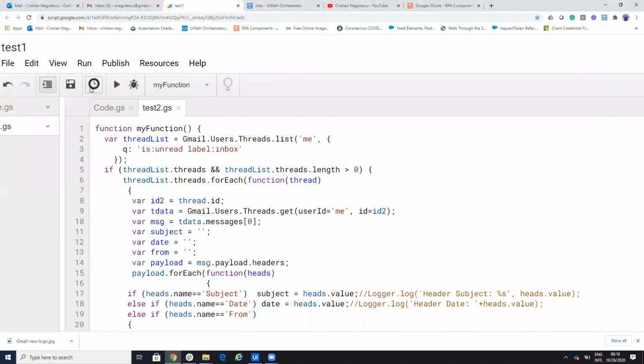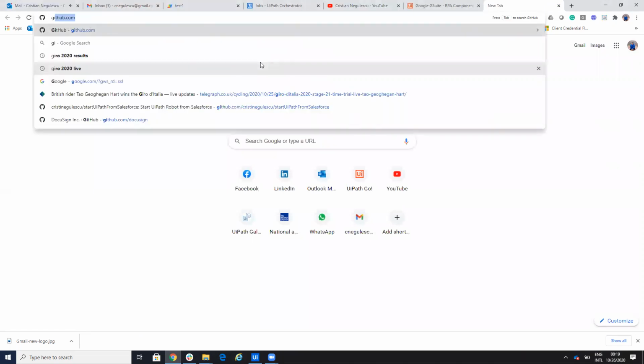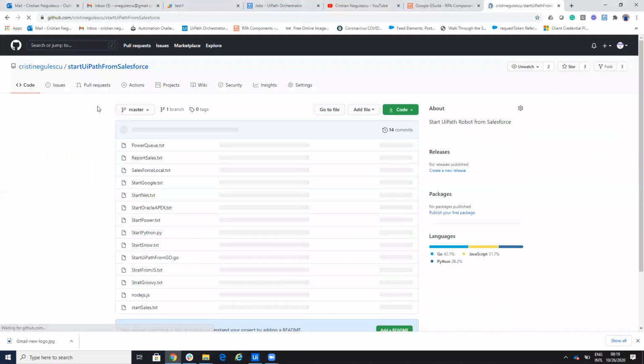As usual, I will put the code on GitHub inside of my account, so you will have the code there.